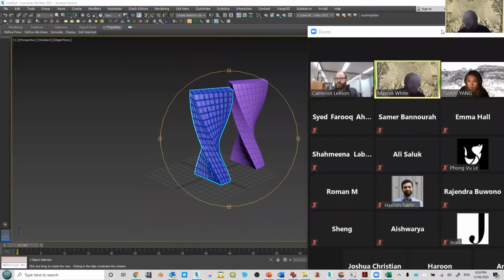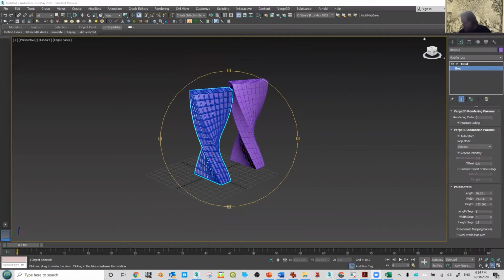Can't see the chat. Are there any questions on any of that? There'll probably be a stack in the next couple of days, but